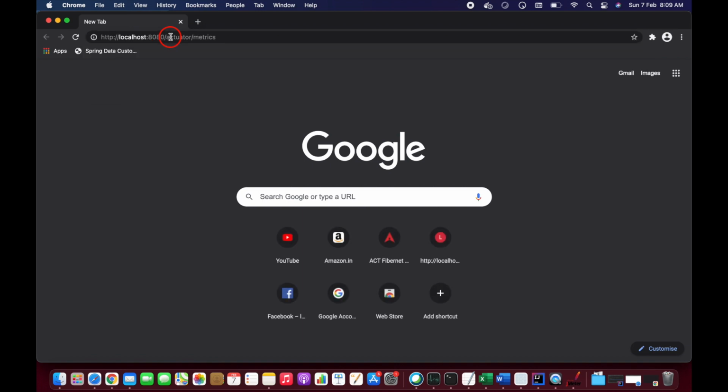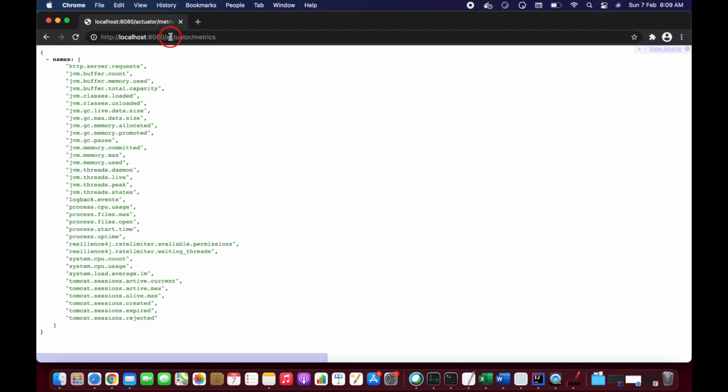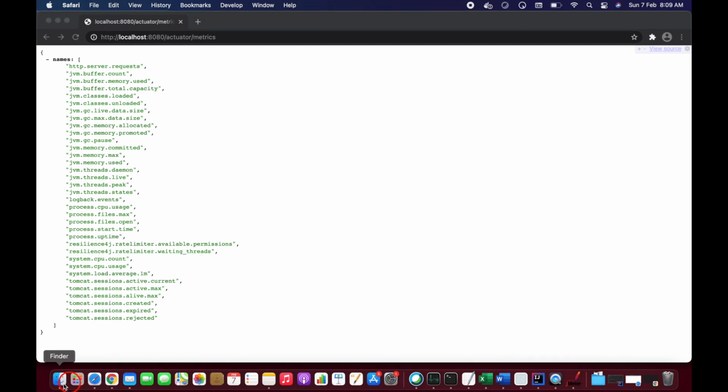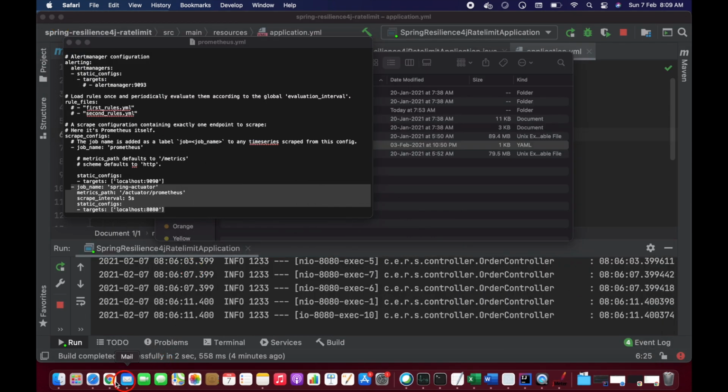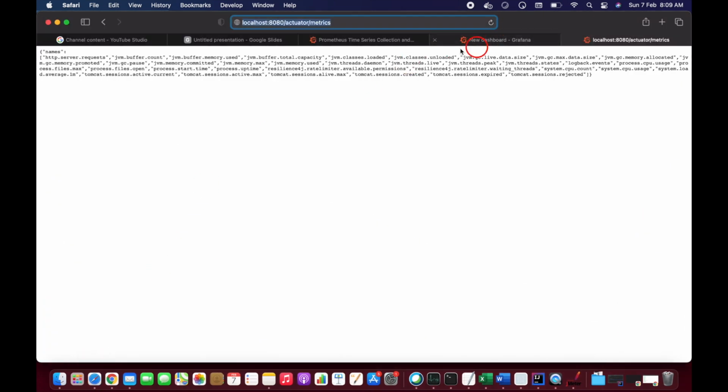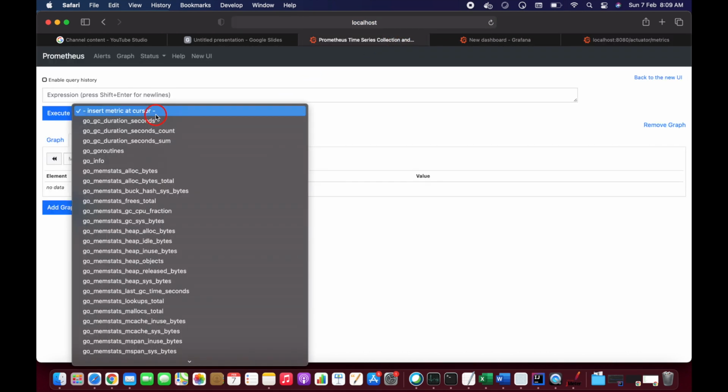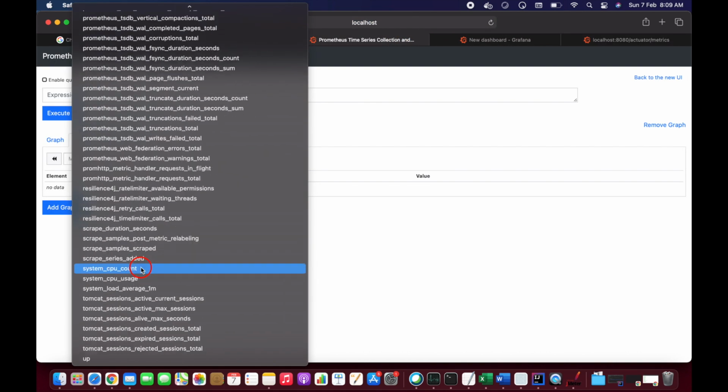Let me hit the same endpoint. See, you can see the data in a formatted way. Okay, so these are the endpoints. So the configuration that we have configured in Prometheus, once you have configured that information, you will see it in the Prometheus metrics. Otherwise you can't see these resilience4j related metrics without configuring that job information.